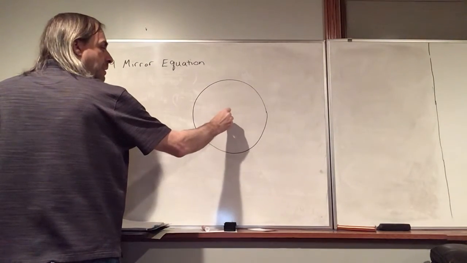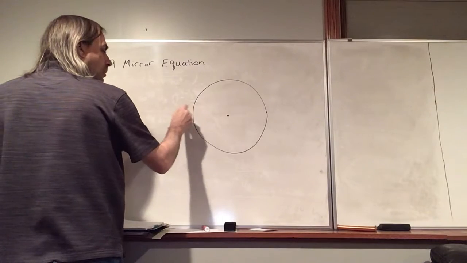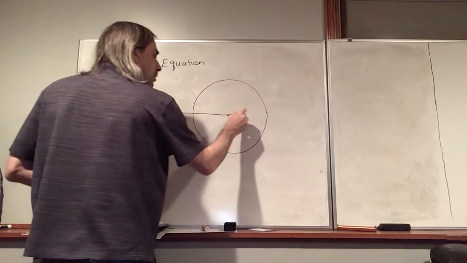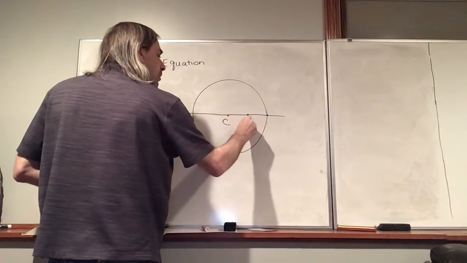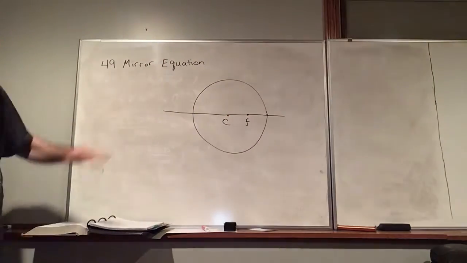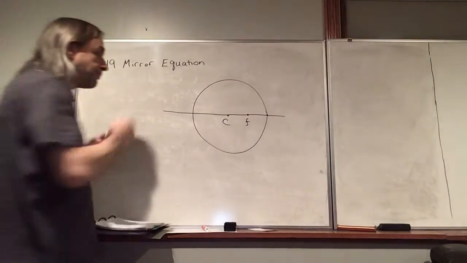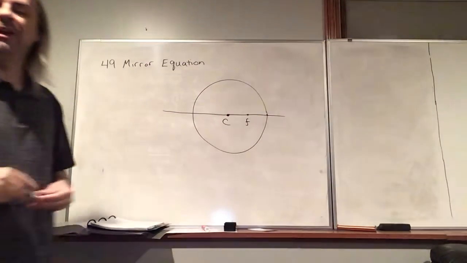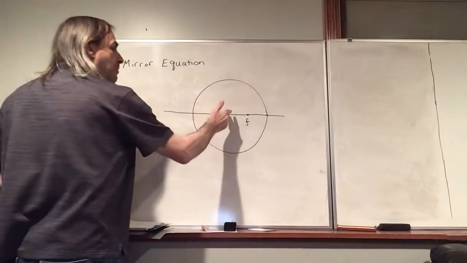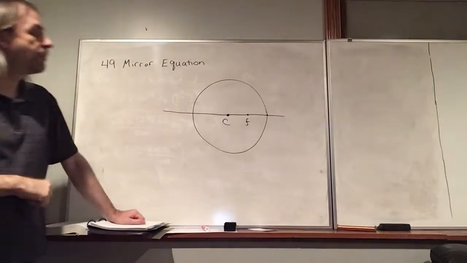So we have the center here. Okay, so it's called the principal axis. It's the center of the mirror. The focal point is right in the middle, so midway between the center and the mirror along the principal